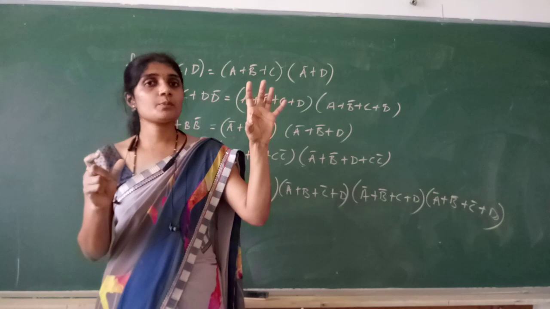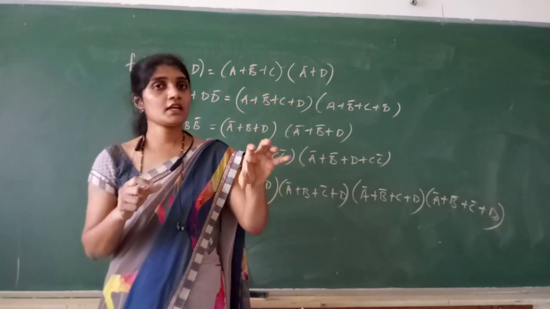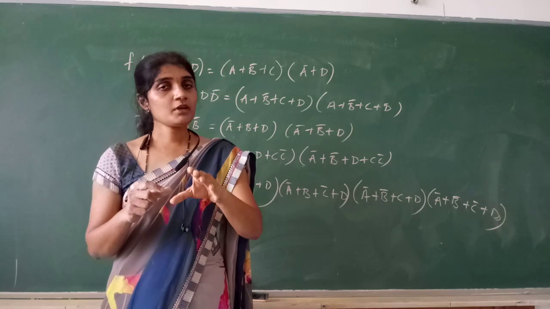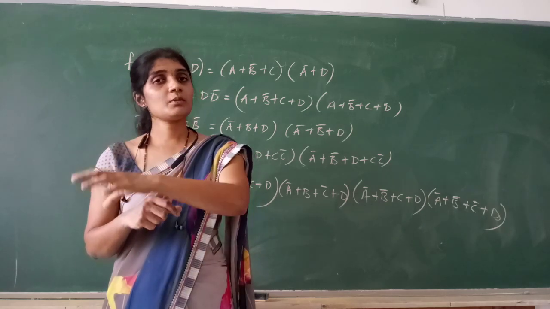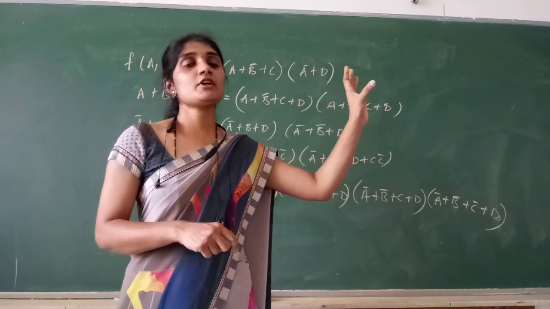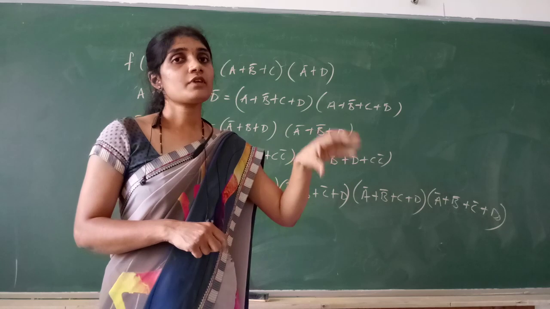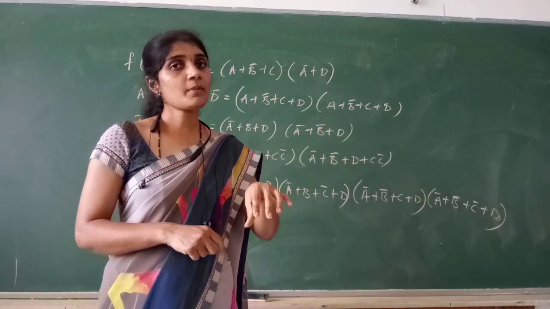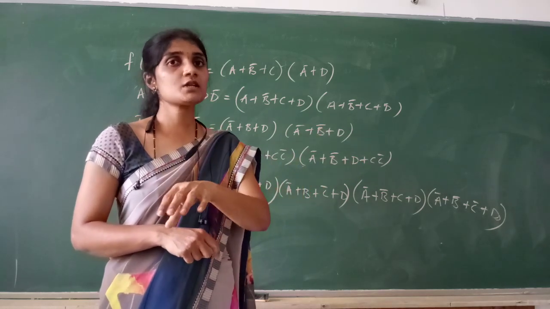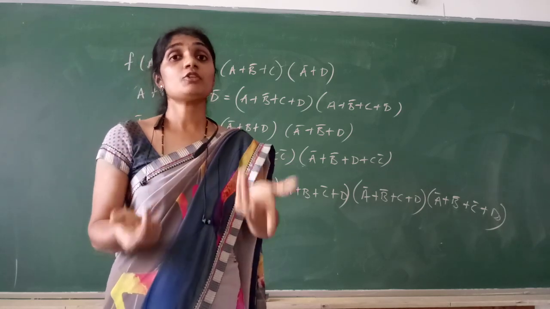If I give you an SOP which is not in canonical form, you have to put that SOP into canonical form, write the min terms. From the min terms, write the max terms. From the max terms, write canonical POS form. Same way, if I give you a POS equation, expand that, put it in canonical POS. From POS, write max terms. From max terms, write min terms. From min terms, write the canonical SOP form. And from that, you can even write the truth table.